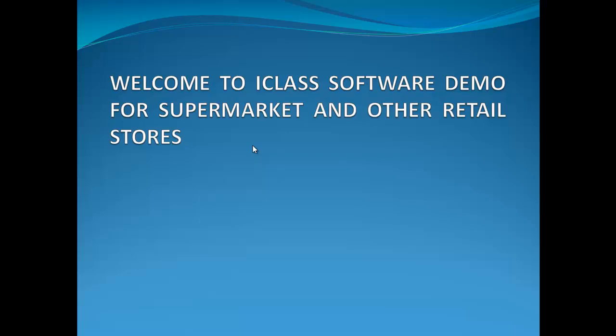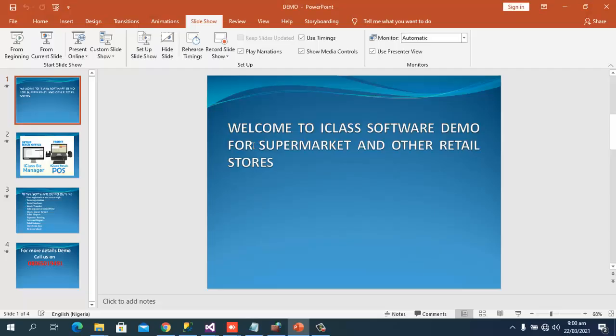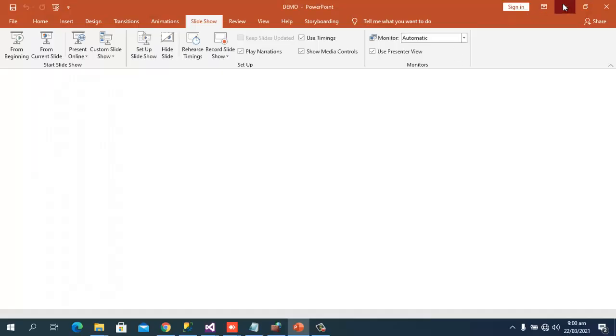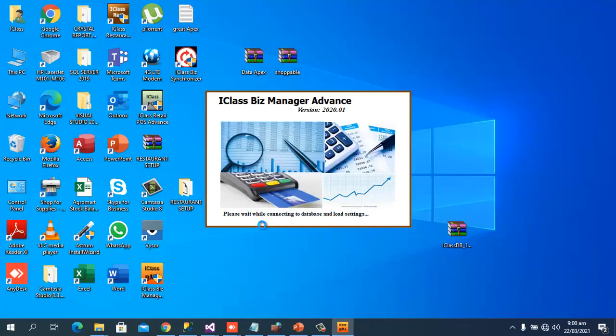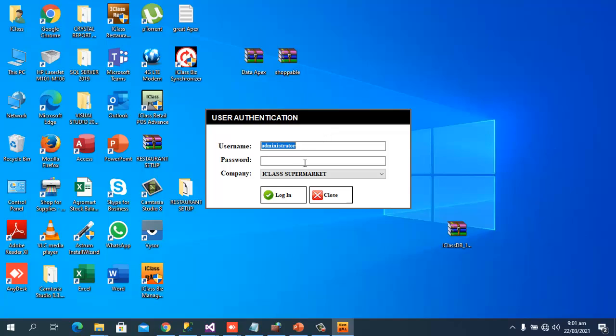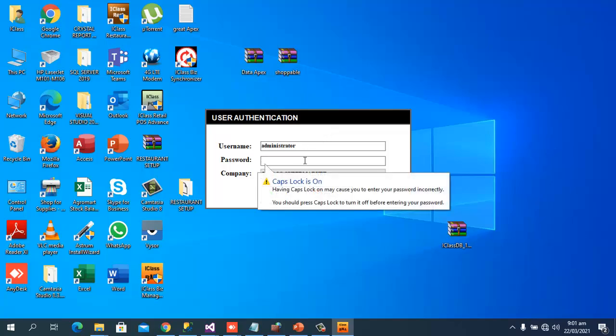So let's start by launching the two applications and see how the interface looks like. Like I said, the back end is called IClass Biz Manager. So this is it, IClass Biz Manager. You double click on it, a prompt message will come, just click on yes. When it's coming up like this, it's loading the settings from the database. You allow it to come up, then you put in the password